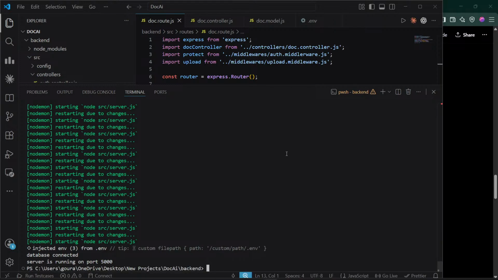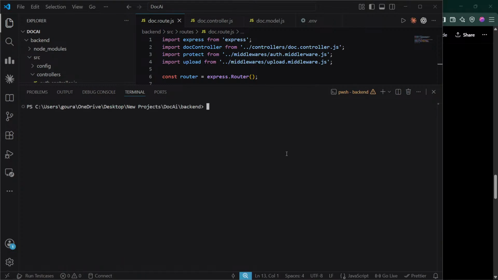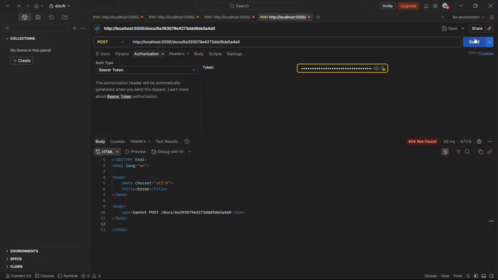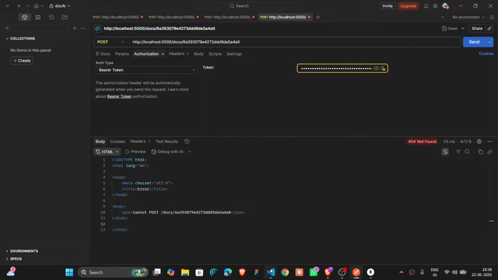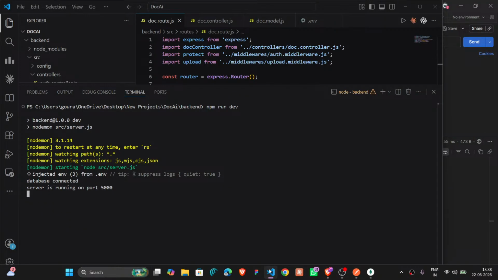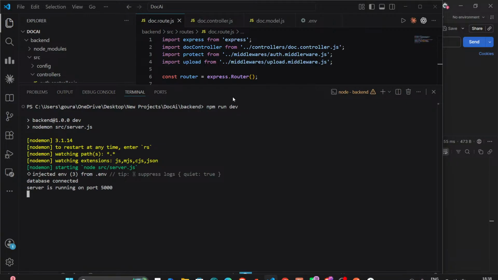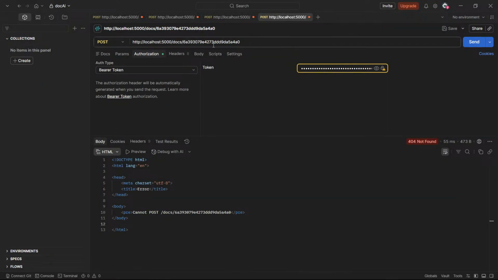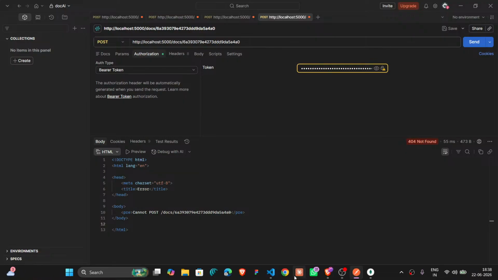See here, npm run dev, and now if I send, what is the error? No error. Okay, but this should be correct. Cannot post docs.